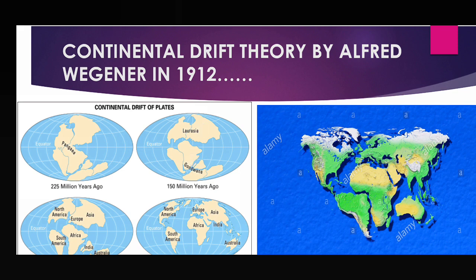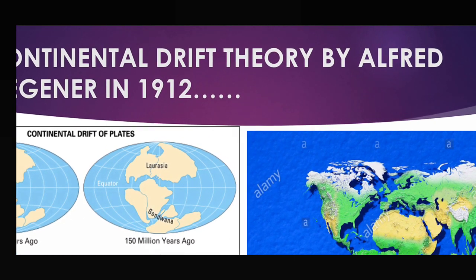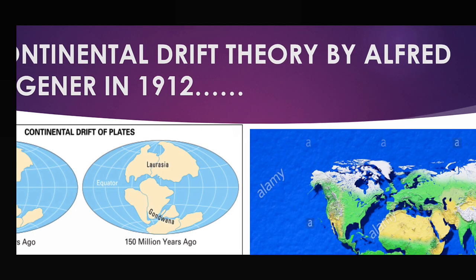And now the question, with Laurasia, which of today's continents were there? North America was there, Europe was there, and Asia was also there. But one interesting thing, India was not there at that time. India was here. Take a look. What does that mean? India was with Australia. That means India was at that time below the equator in the southern hemisphere.